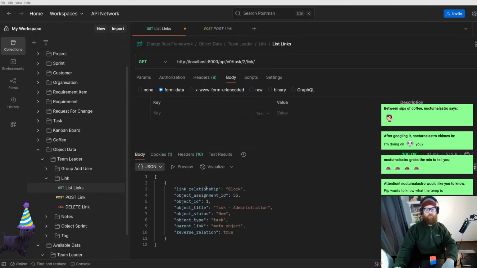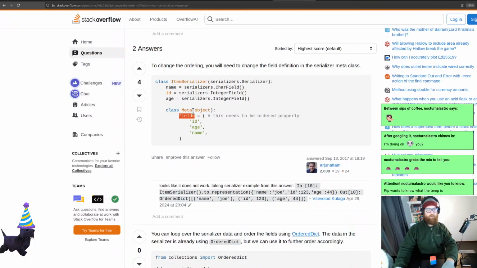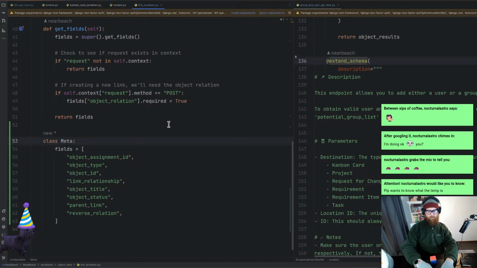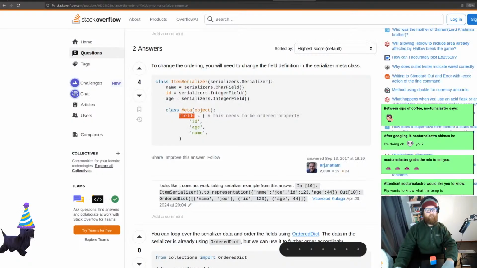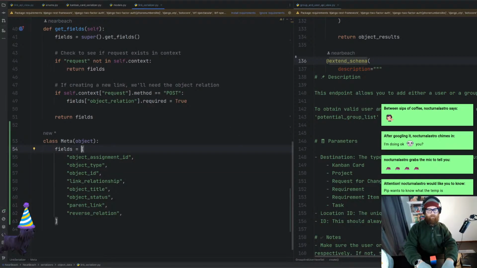There we go. So we've got link. Yeah, we might need meta and object up here. They've got it as a like that, which